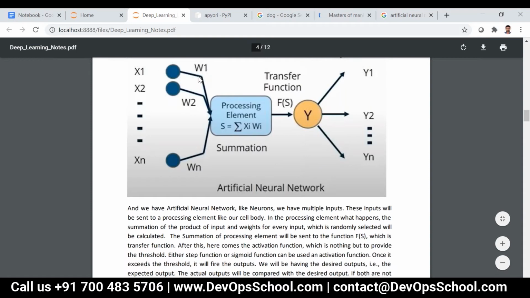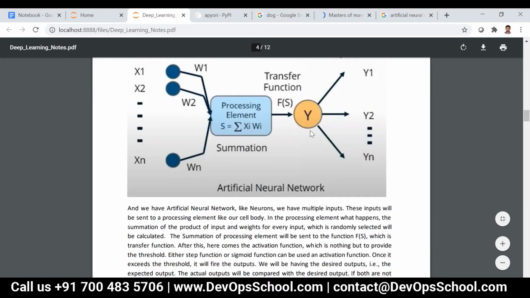Before sending to one particular node, these two will be multiplied with each other, like x1 into w1, x2 into w2, xn into wn. It will be interconnected with all the other layers, so it will process some value, and the output of this will be sent to a transfer function.